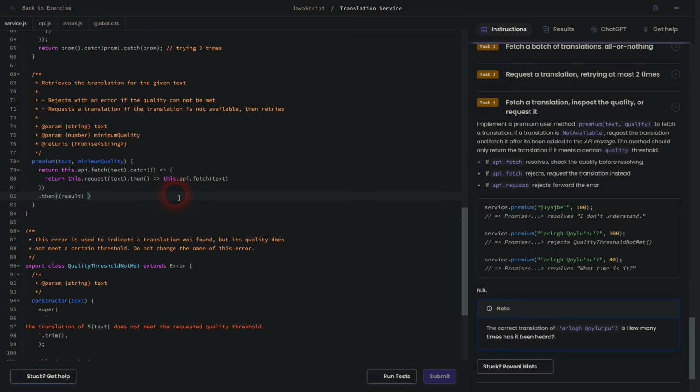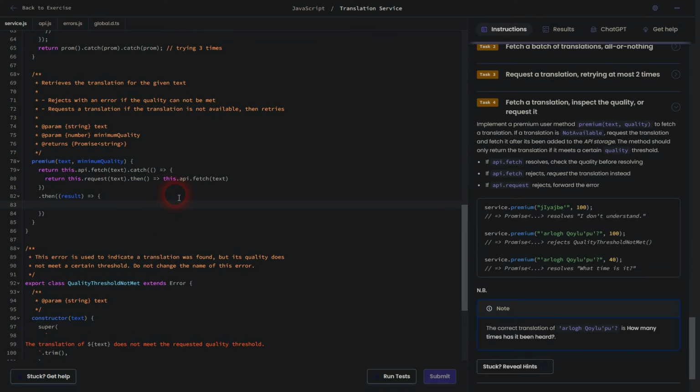And here you have to be careful, don't use a semicolon in code line 81 because we want to chain